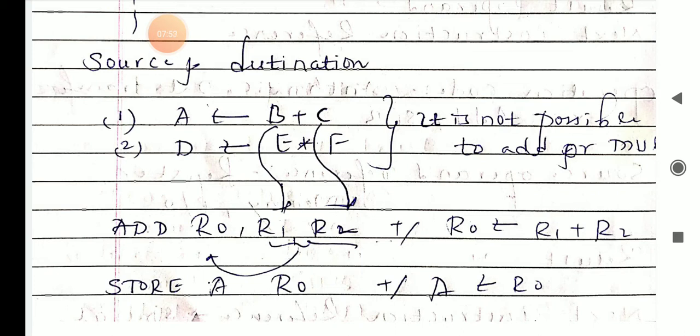So a is the addition here. Whatever the result of that addition is, you can store into a. By using r0, first you apply r1 plus r2, which you can replace by b and c. Whatever that addition is, r1 plus r2, you store into r0. Then you remove r1 and r2 and use a, so the result of that destination is directly stored into a. So these are some machine instructions in general.